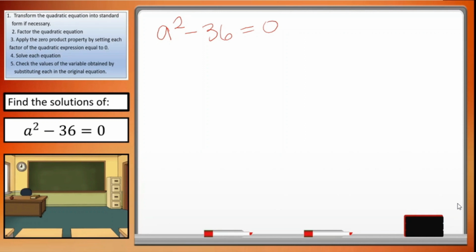we can factor a squared minus 36 by getting the square root of the two terms. The square root of a squared is a, and the